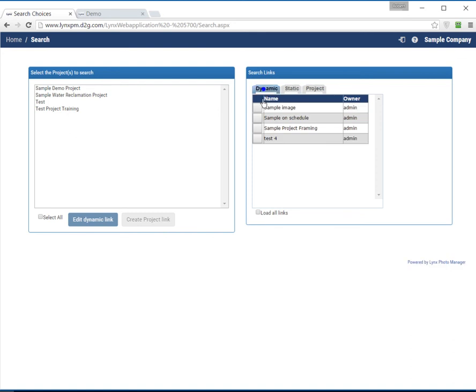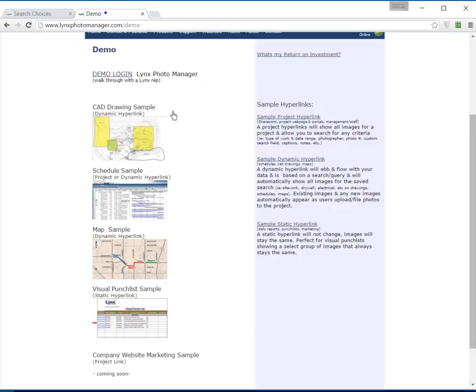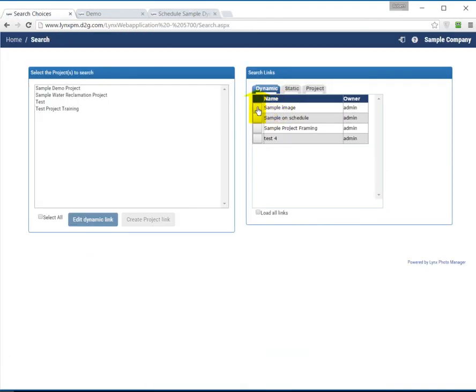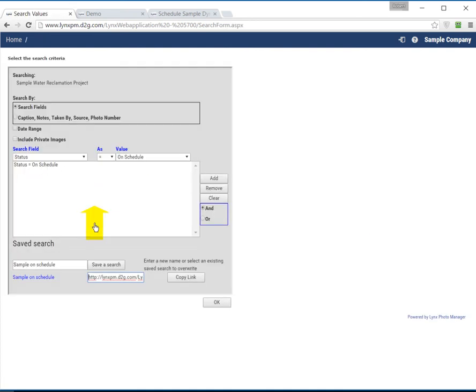Another type of link that you can create is what we call a dynamic hyperlink. This is ideal for things like CAD drawings, schedules, and you can link it to any type of drawing, schedule, whether it's P6, SureTrack, Microsoft Project, or Meridian's Prolog. Dynamic hyperlinks are based on queries. So for example, if we look at this, this is saying that any image that has a status of on